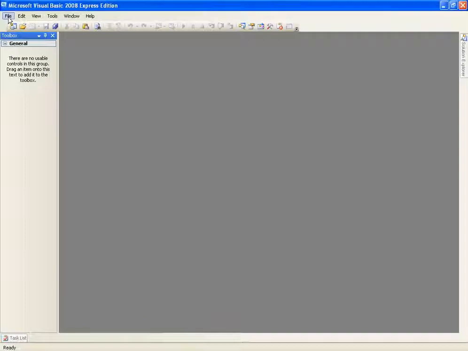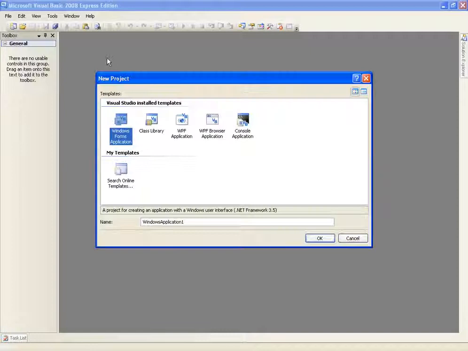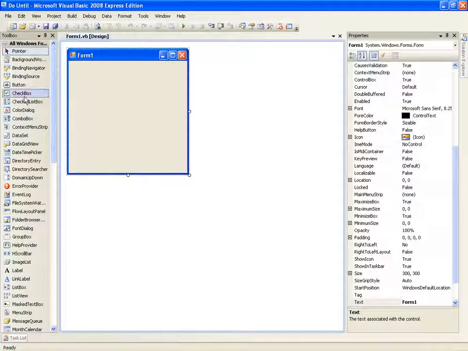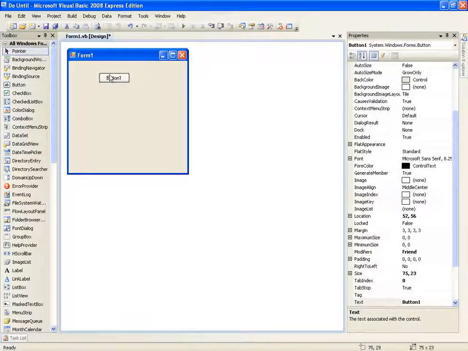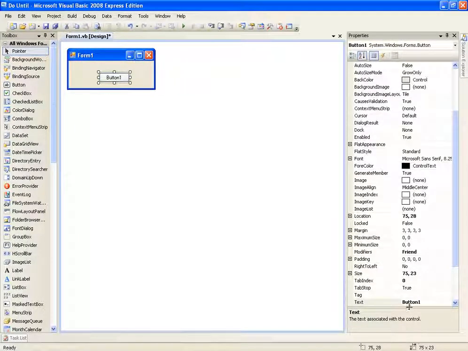Anyway, this is the do until loop. I think that's the only one we haven't covered. I'm not too sure, I hope it is anyway. So we'll just create a new project called the do until, and this is basically exactly the same as the do while, but it is different. There's tiny differences that you'll notice now. So we'll call this do until the button